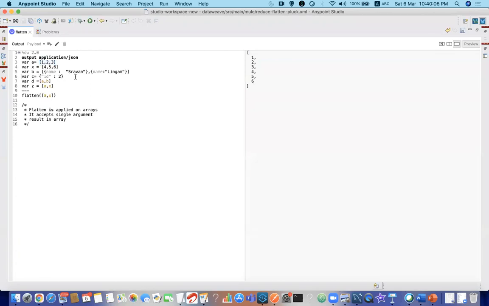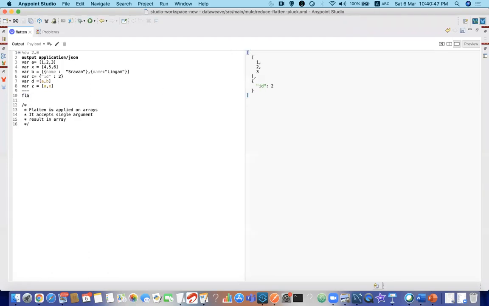So flatten is used to combine the values of arrays, and it can be only applied on arrays. For example, we have a variable C, which is an object. If I try to keep A comma C, it can combine A comma C because I am wrapping this inside an array. Can you see here? In small braces, let me remove this. A is this and C is this. What I'm trying to do first is, if I give A plus C, or A comma C, both will give the same thing. But you can see the resultant is an array, right? The resultant should be an array to apply flatten.